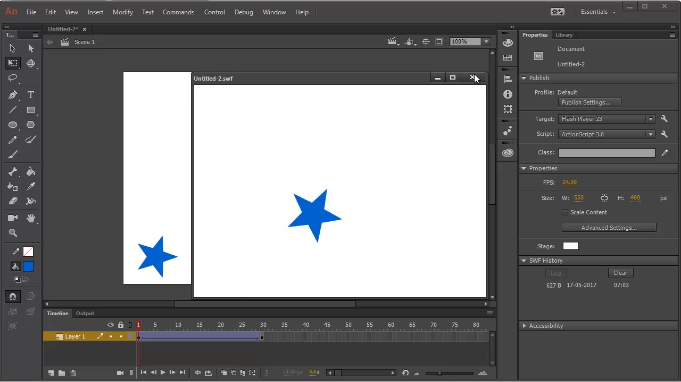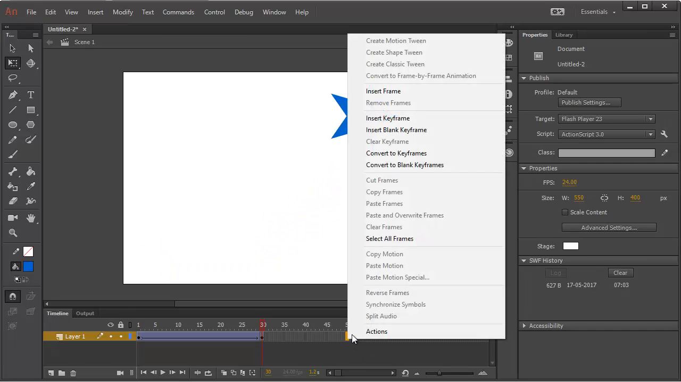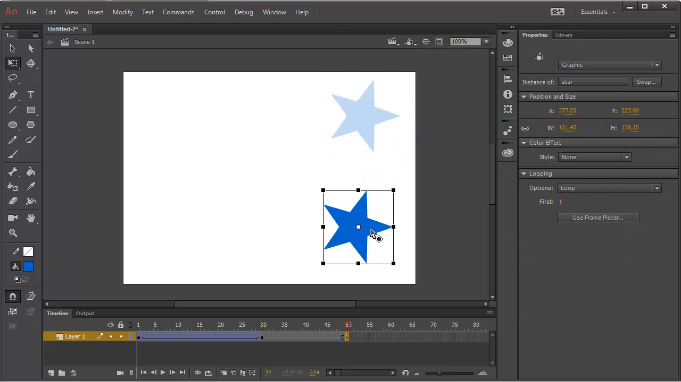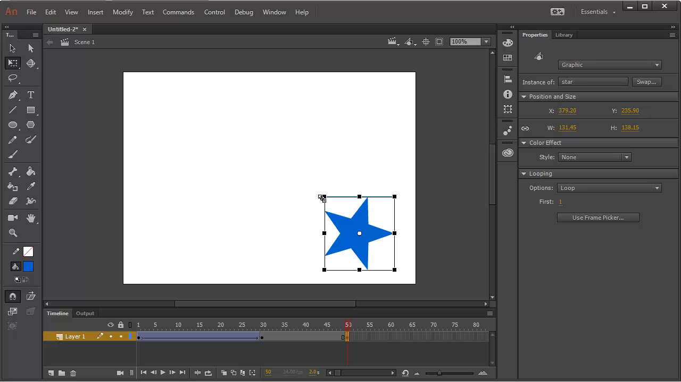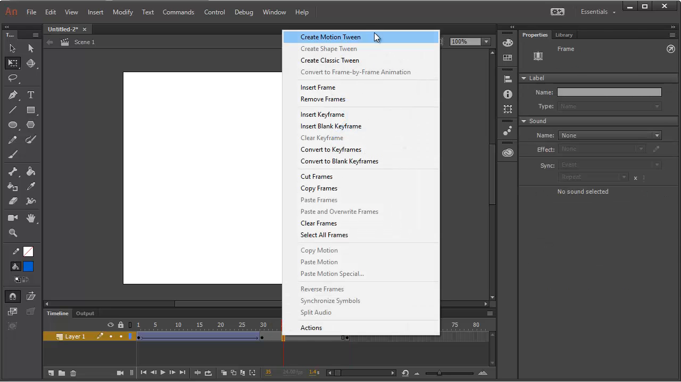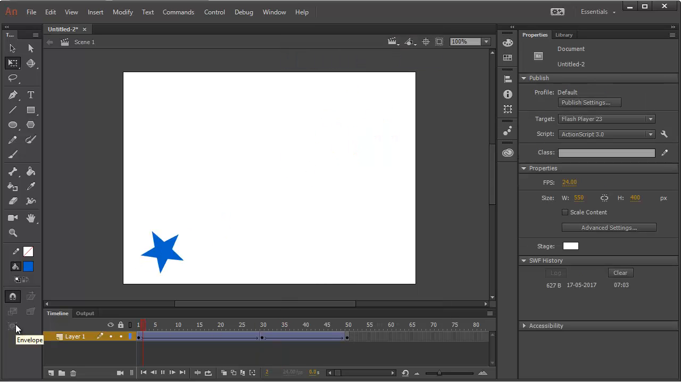Now we can continue this animation also just by going to frame number 50, for example. Right click, choose insert keyframe, and we can move it to a different location. And if I want, I can also make it smaller by holding the shift key. And again, if you want to create the same animation here, right click and choose create classic tween. So if I just go to the beginning and press enter now, you can see that it's going there and